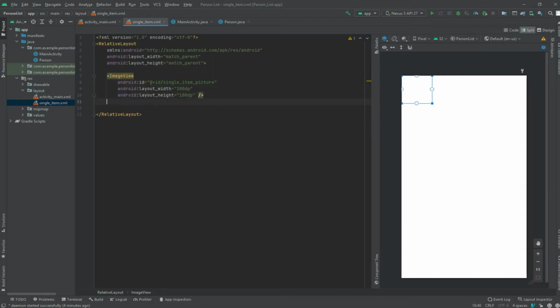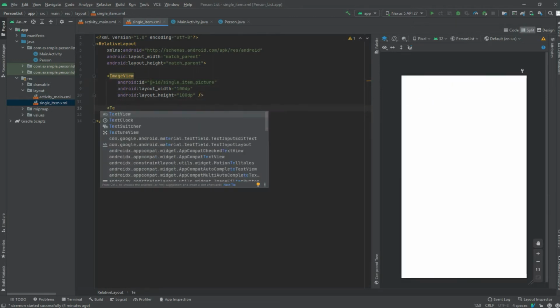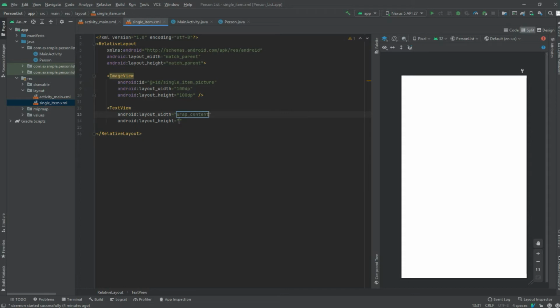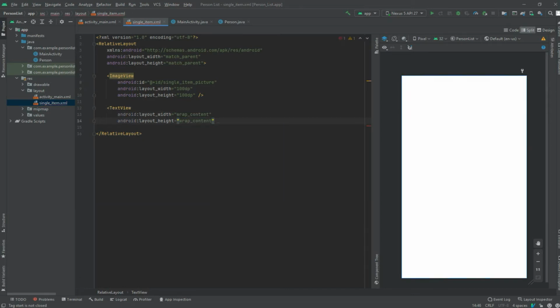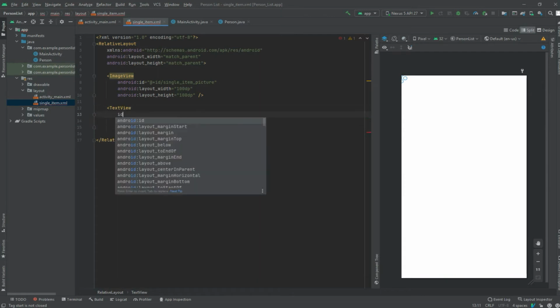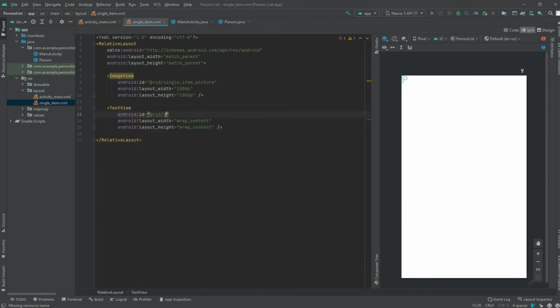I will add the text view name. I will give it wrap content as a value to the width and also to the height. I will give it an ID. I will prefix it with single item name like that. I will copy this text view because it's going to be the same as phone